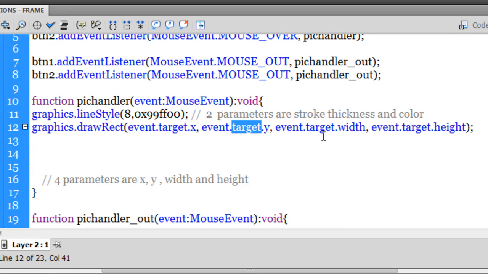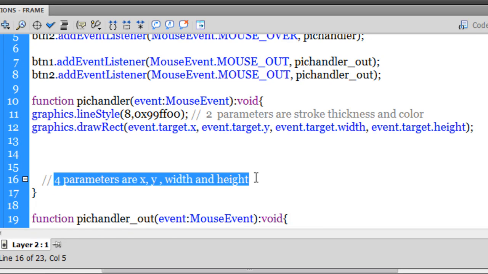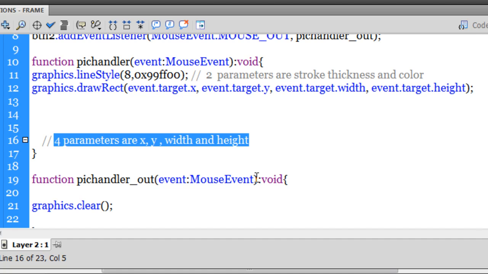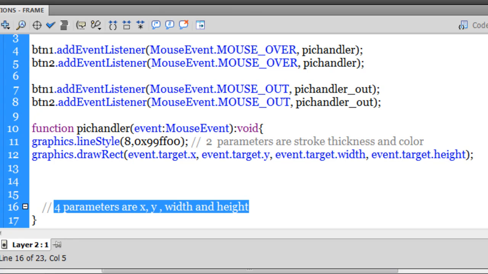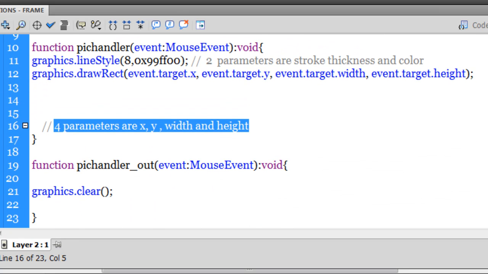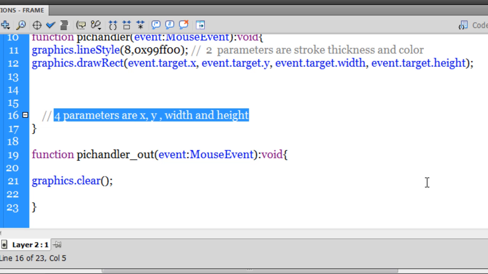Cool. Okay, so I've passed in the 4 parameters, namely x, y coordinates, width and the height of the respective buttons. I've just used 2 buttons, guys. You should feel free to use as many as can fit on the stage. Okay, and since we have a pick handler function, a mouse over function, we need to have a mouse out function as well, a corresponding one, because when you hover off, when you take your pointer off the buttons, you need to have the corresponding picture handler out event as well,